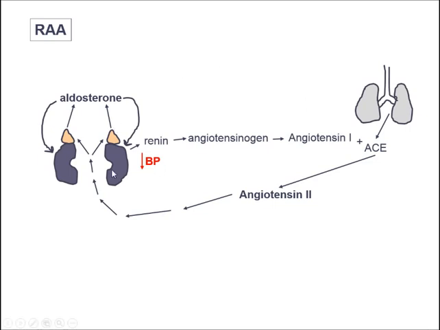Okay, so first let me give you an idea of what we're looking at here. These two large purple structures are kidneys. These two smaller structures on top of the kidneys are the adrenal glands. And over here we have our lungs, the gray structures. So here's how this works. The kidneys are just amazing organs that we're going to discuss in great detail when we talk about the urinary system. But for now, let's give this a run through and see how you do with it.